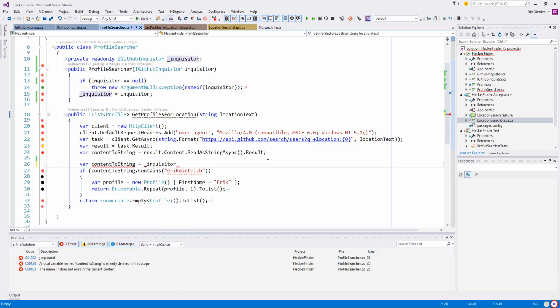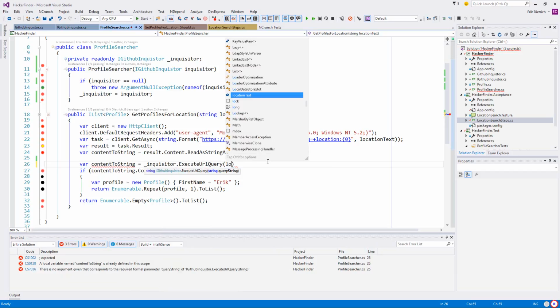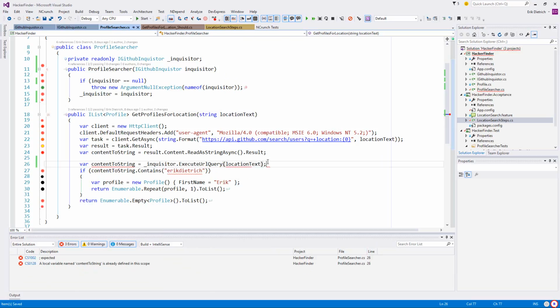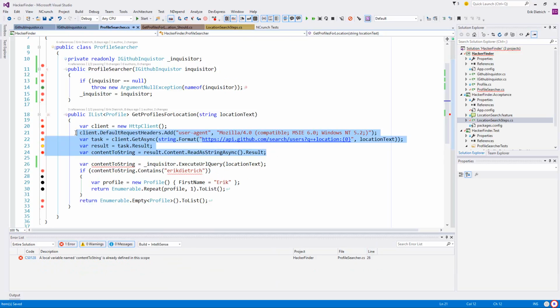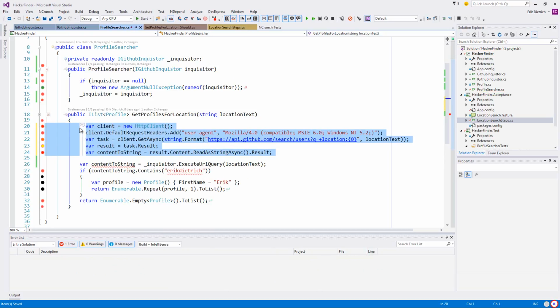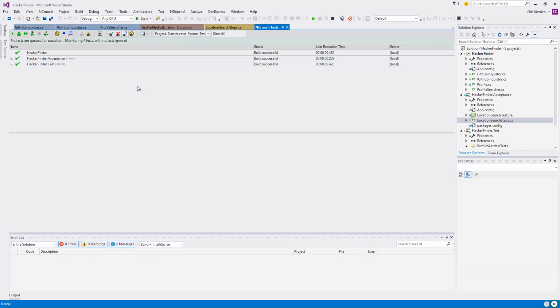And I just want to say Inquisitor. Oops. And comment that out for now. So that makes everybody green,